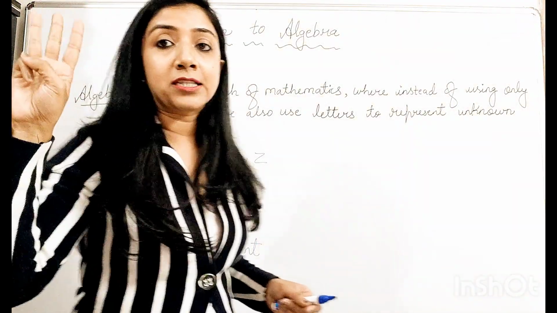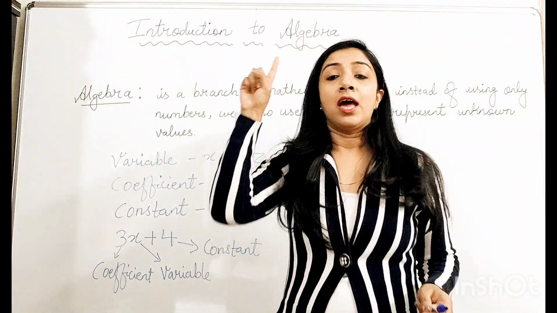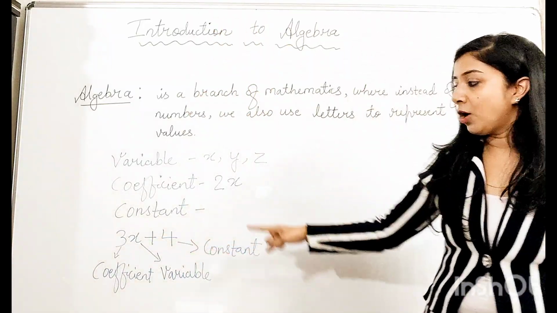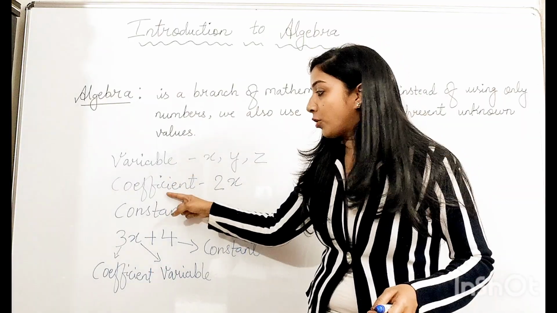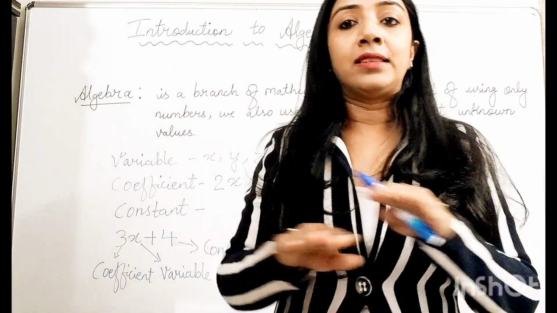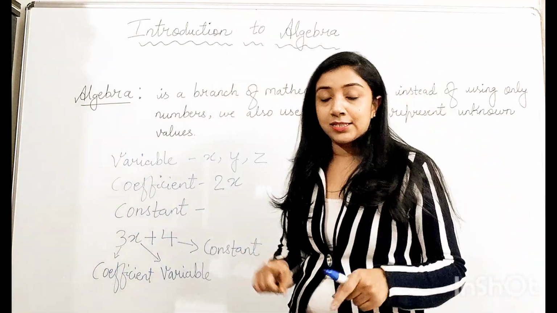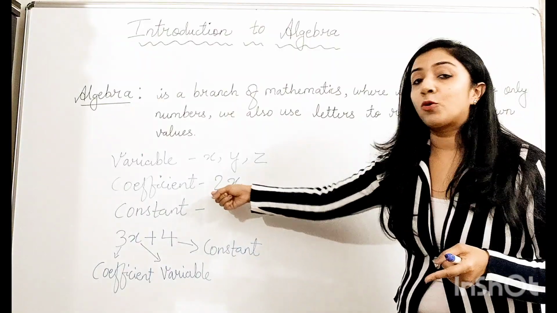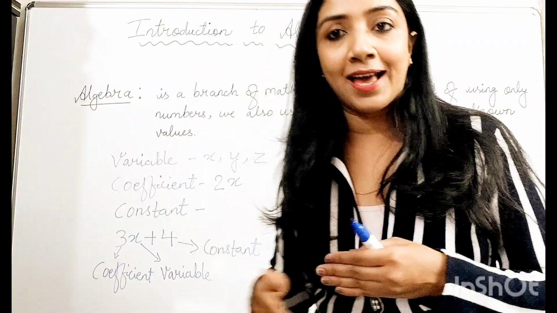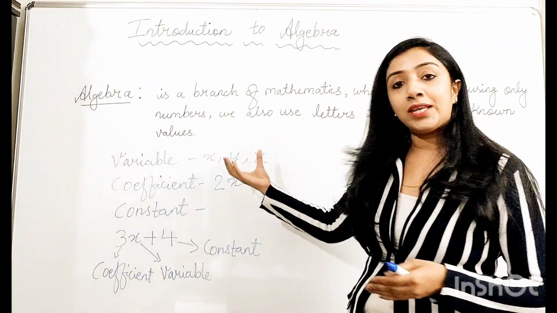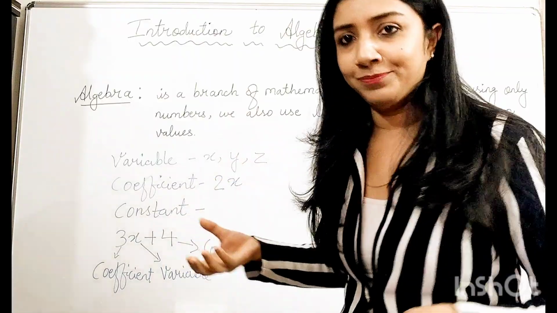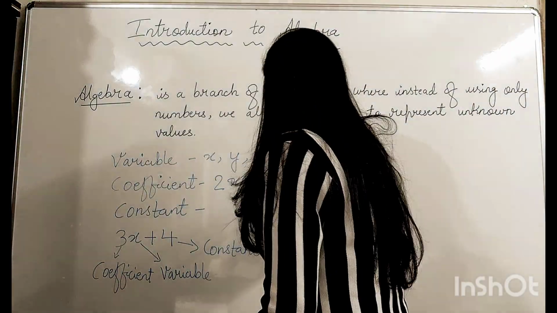In algebra, these three terms are very important. Again, I am saying variable, constant and coefficient. I hope there is no confusion. What is variable, what is coefficient and what is constant? Constant is always stable. There will be no change in constant. In coefficient, what happens? Coefficient always works with variables. It shows how many times we are multiplying variables. And what is variable? It's a letter. It shows the value of any number, right? So this much is clear to everyone.